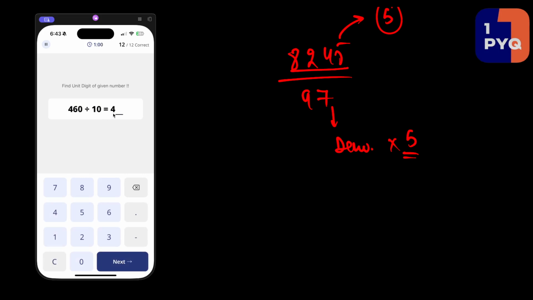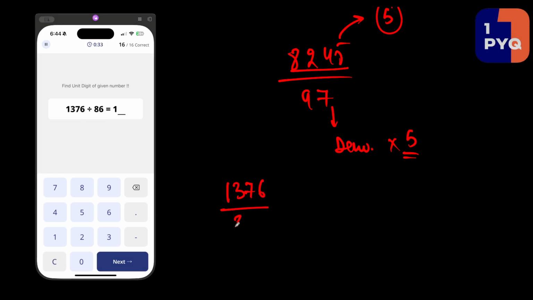Okay, simple. 460 divided by 10, it's going to be a 46. 9 into 1 is going to be 9. 2 into 4 is going to be 8. 0, 0, 7, what? 70. I think 0 is going to be the answer. The answer is yes. Then 6 is going to be divided by 6. Let me see. If I need